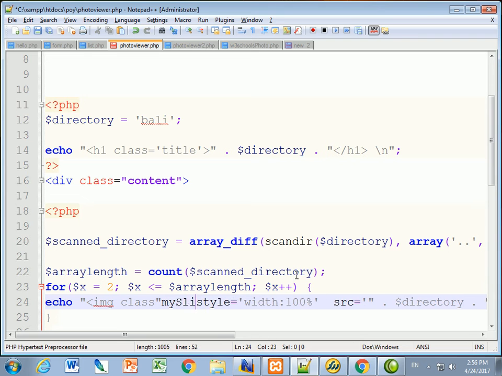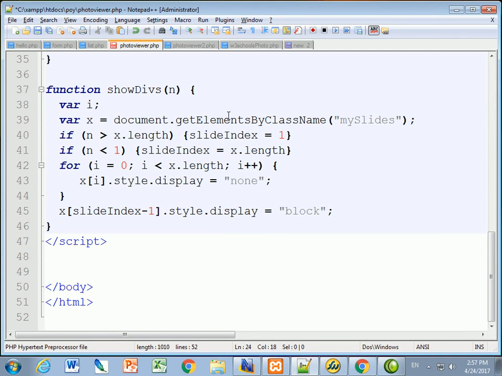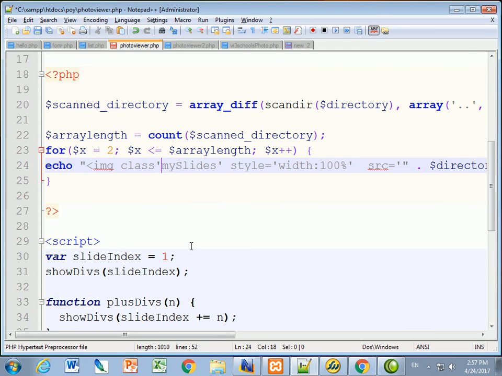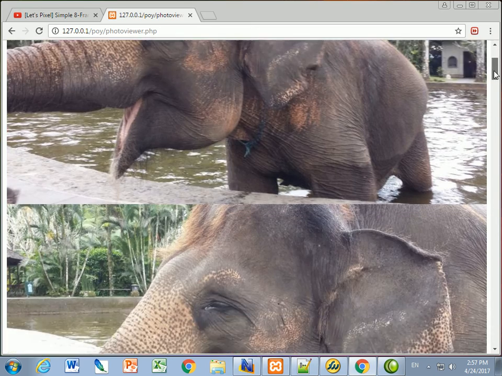So My Slides, and notice it has to be letter per letter perfect, and this is inside an echo statement where I'm using double quotes, so I'll have to refer to this with single quotes. So the class is going to use My Slides, so it's going to use this JavaScript down here, and it's going to load all those slides up behind the screen, and only in the one document is it going to play just the one. I think that is correct. Let me just hit save, and we can refresh, and now you'll see that instead of displaying all the pictures,